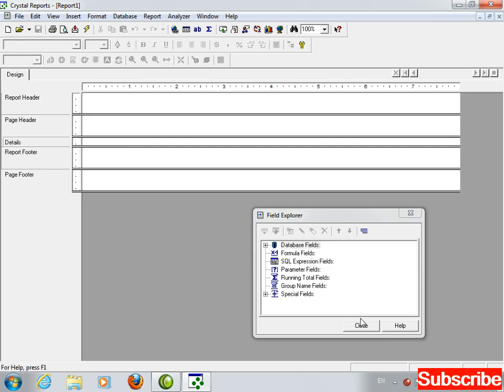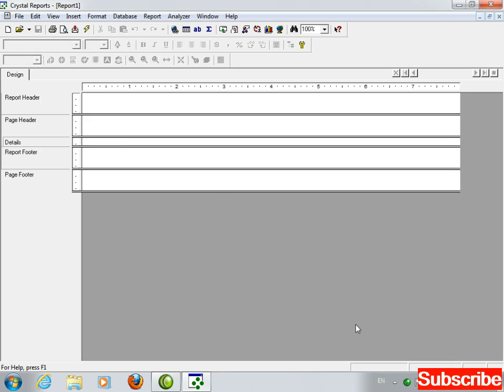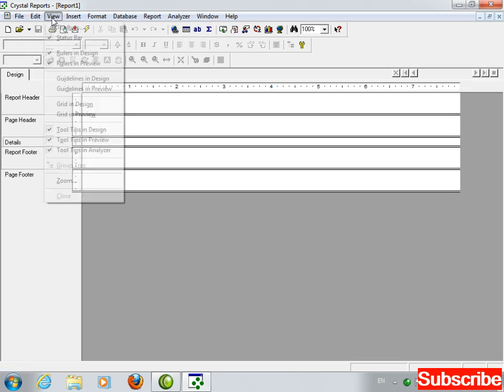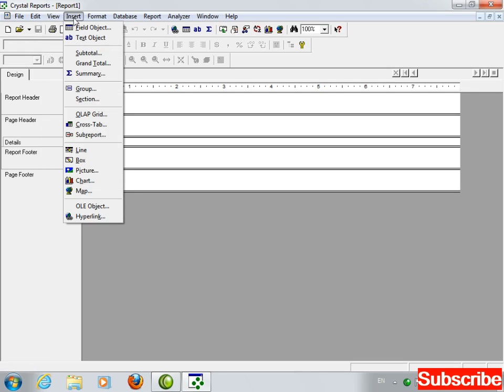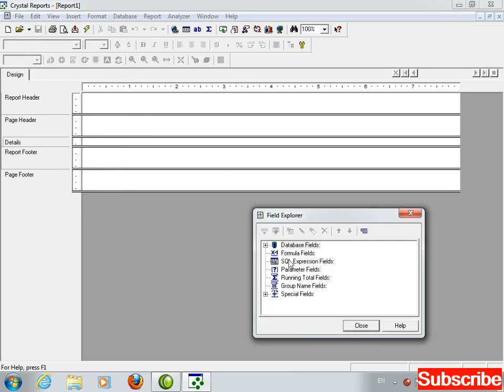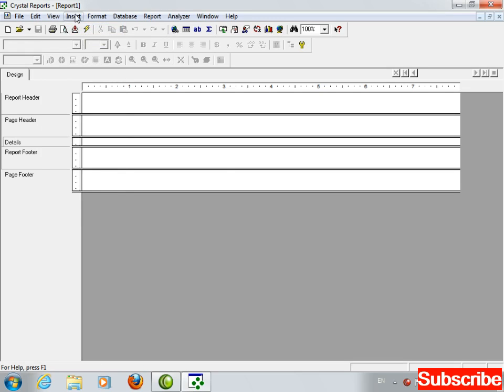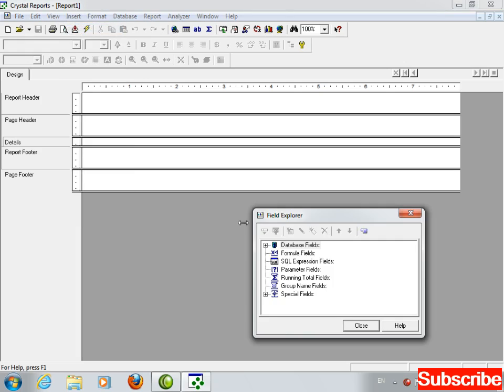For example, if by mistake this window gets closed, then what I have to do? Click on insert field object. Now inside the field object, here you are having database fields. Click on this plus, click on this STD plus. Now SID, drag and drop it here in the detail section.